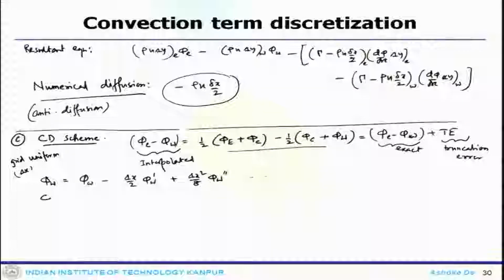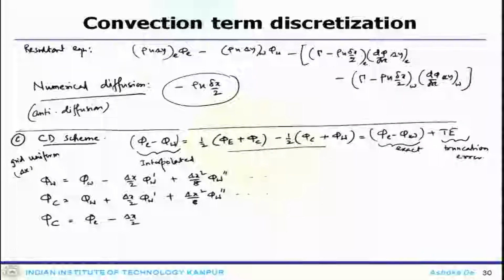Now, phi c equals phi w plus del x by 2 phi w prime plus del x square by 8 phi w double prime and so on. Phi c again can be represented as phi e minus del x by 2 phi e prime plus del x square by 8 phi e double prime, and phi e